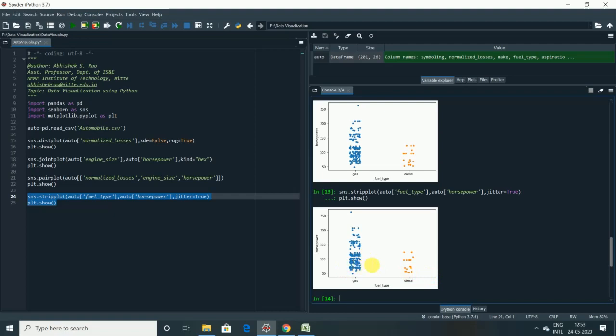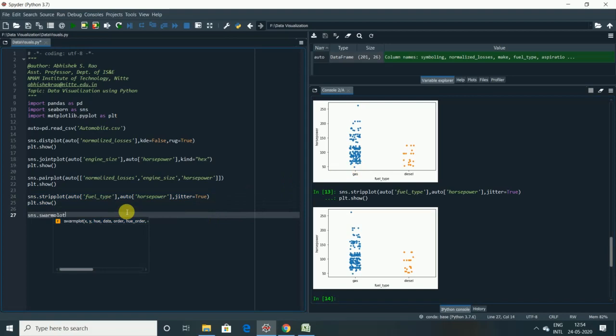So in this plot you see there is an overlapping of plots. Still there is an overlapping of plots, right? To avoid this we can make use of a swarm plot. That is why we are using swarm plots. From the normal strip plot without using jitter we see this, there is a huge concentration of this. Both the graphs are looking very similar, but once we use jitter, it is quite better comparatively to the normal strip plots. Now what happens if I use a swarm plot? It will never allow any particular strip plot to overlap each other. Let us see that. I will use one more data visualization called a swarm plot using SNS dot swarm plot.